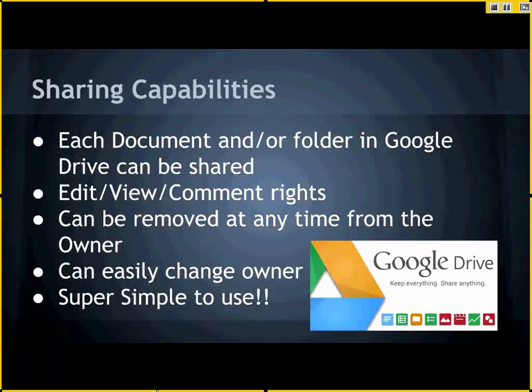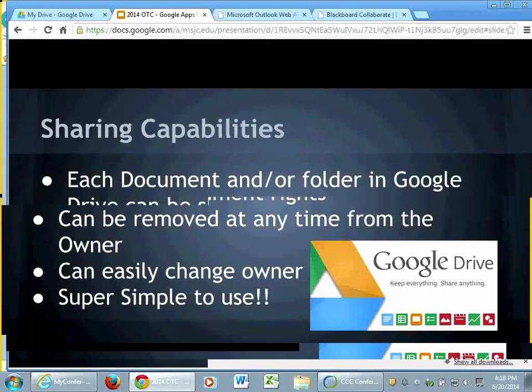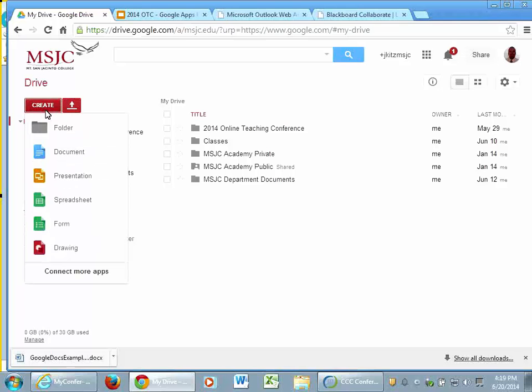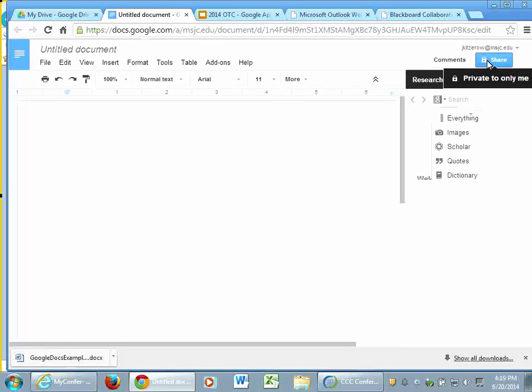Can you lock it after the due date? Yeah, you can unshare it. If you're the owner, you just unshare it, and then no one can get to it again. If we were to create an assignment, we could create multiple versions of that, we own it, and then you would share with the students. Watch. It's a good question. Let's say we have an assignment. Assignments are folders, but I'll do an assignment right now. If I wanted to share this,